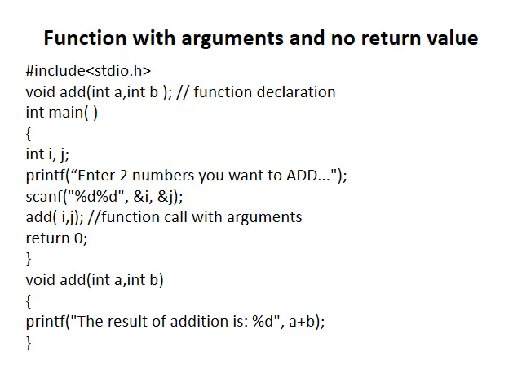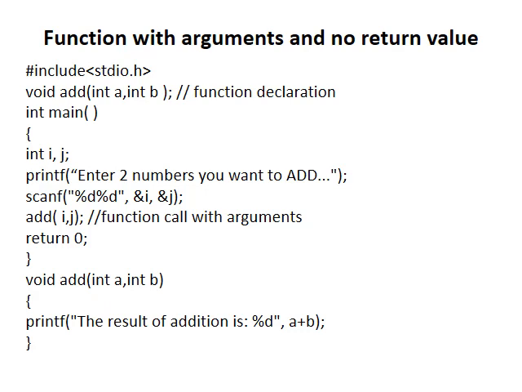So now, function with argument and no return value. The function I wrote previously, the same function, I'm just going to modify it here. Since the function doesn't return anything, I mention here void, then add is the name of the function. Since the function takes the input or the arguments from the calling function, I mention here int a comma int b. So it accepts two values a and b from the calling function, then performs the addition and displays the result within the function itself. It is not going to return any value.